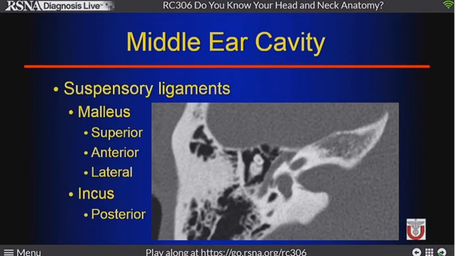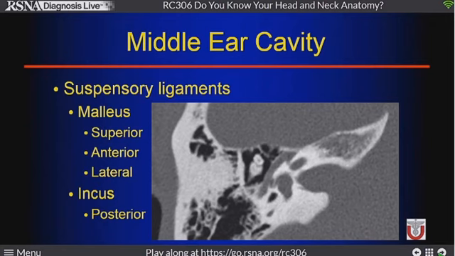There are 4 suspensory ligaments that are normally seen holding these in place. If we think about the ossicles, the important part is the ice cream cone, so it makes sense that all these suspensory ligaments are around there. The important part of the ice cream cone is the scoop of the ice cream. So we have 3 suspensory ligaments going to the malleus and 1 going to the incus.